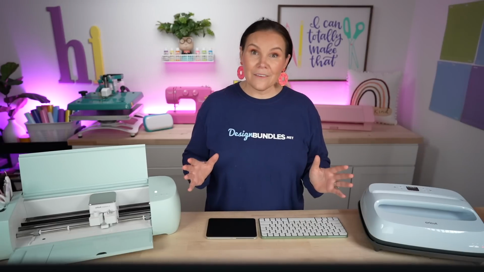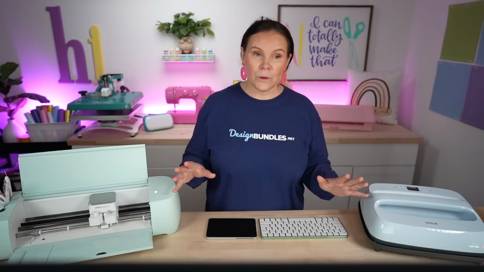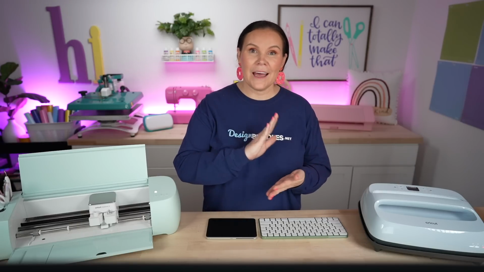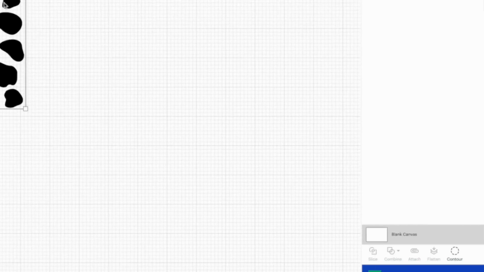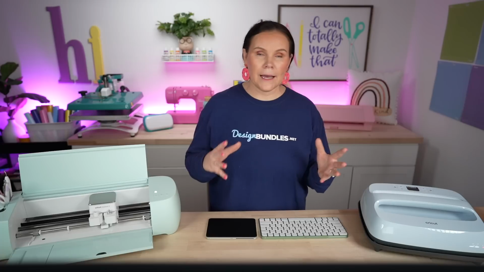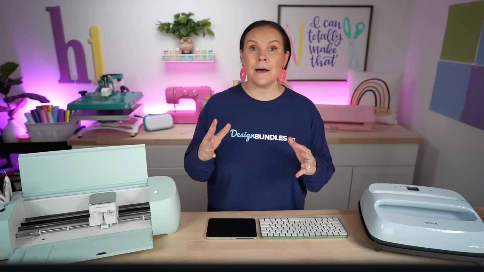All right, so now that we have gone through all of that, we have brought in our own SVG file, we have resized it, I showed you how you're gonna cut it out, I showed you how to make the stickers, and I showed you how to add an offset to make a sticker. Now I'm gonna go ahead and show you the features down here, which is combine. It used to just have weld, we had slice, weld, and attach. Now we have combine, which is gonna give a few